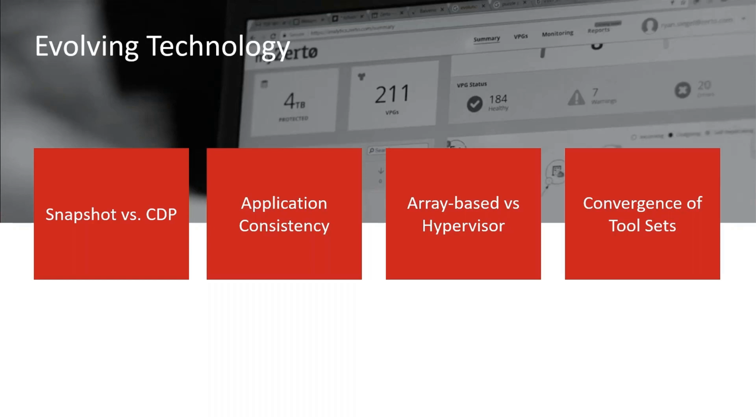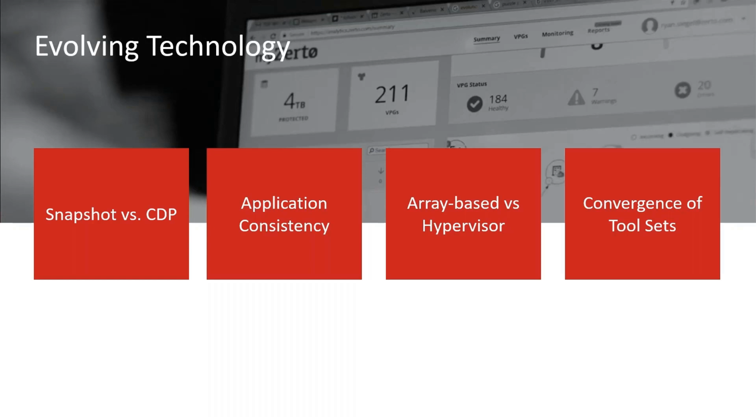And where we see the industry going now is converging those aspects into one, where you can automate things coming up online, you can replicate as well, and you can also service backup restoration capabilities, all in a single platform. That's where we see the industry going.